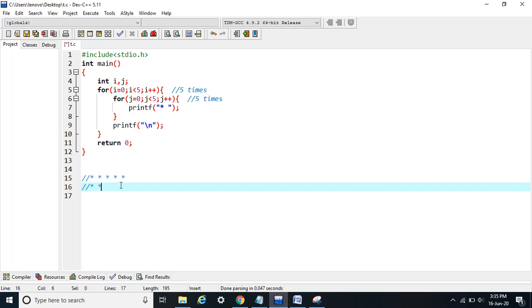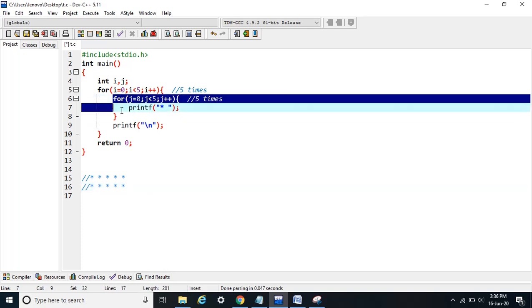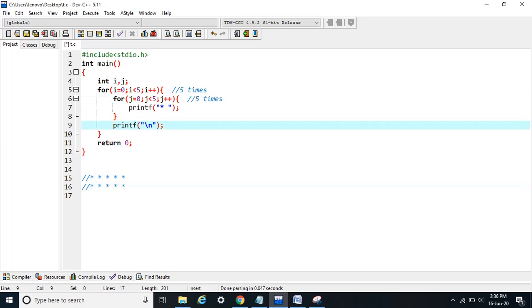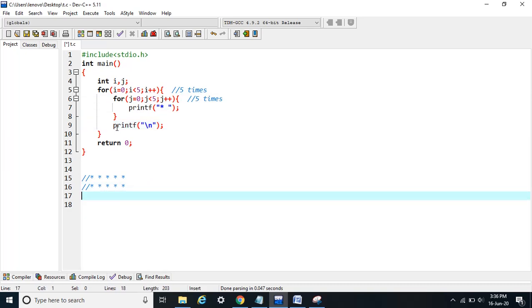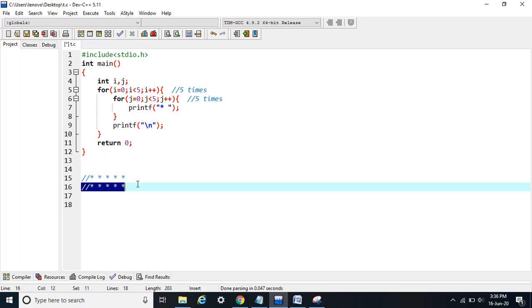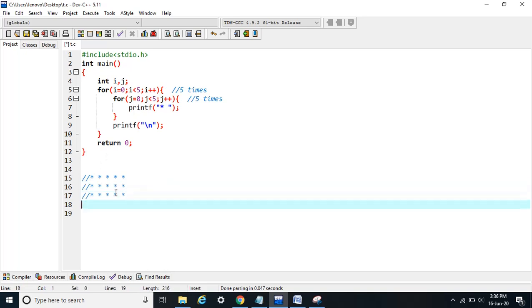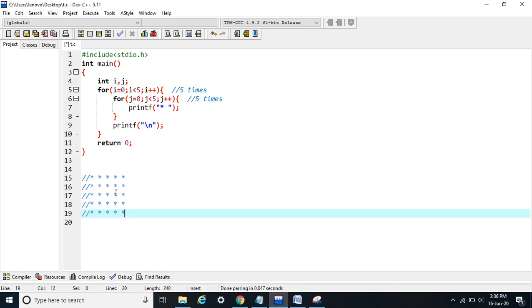When the value of j becomes 5, we will exit this loop and the control will reach here, and again we will print a new line. So again i plus plus, value of i will become 2, the process will be repeated and we will again print 5 stars. Similarly for i equals 3 and i equals 4.